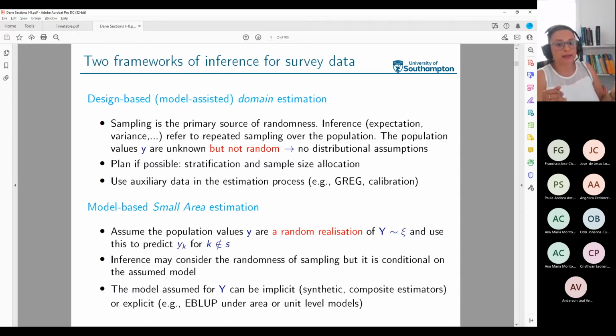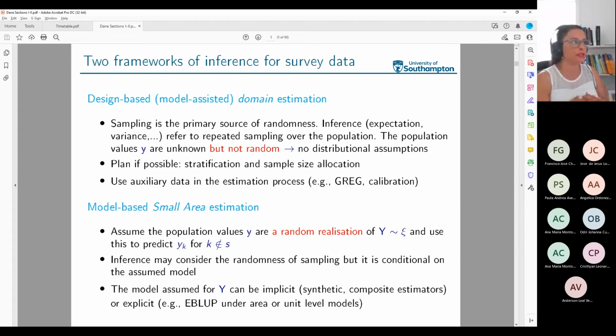Another way to say that is that sampling is the primary source of randomness. The only reason why I need to use statistical inference under this framework is because I don't have a census. What I have is a piece of that population that I observed through a survey. That is my main source of randomness, and that is everything that I'm going to use to generate any sort of